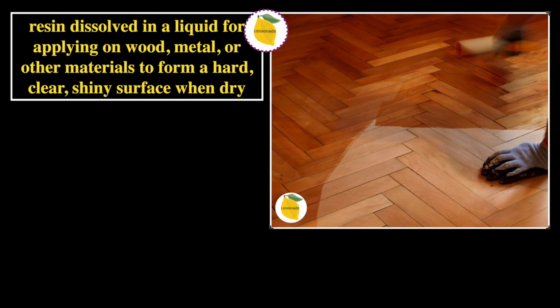The next one is resin dissolved in a liquid for applying on wood, metal, or other materials to form a hard, clear, shiny surface when dry. In this picture we can see someone with the resin dissolved in a liquid and they are applying it on a wood to form a hard, clear, shiny surface. So that when it's dry, it's hard, clear, and shiny. And therefore the word will be